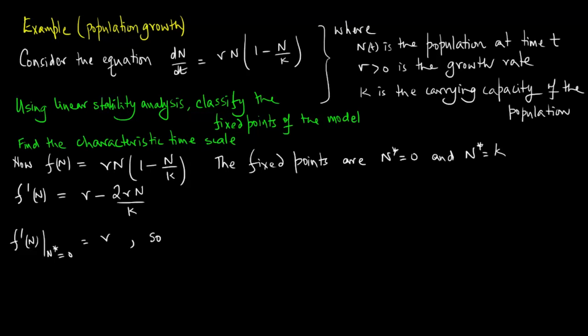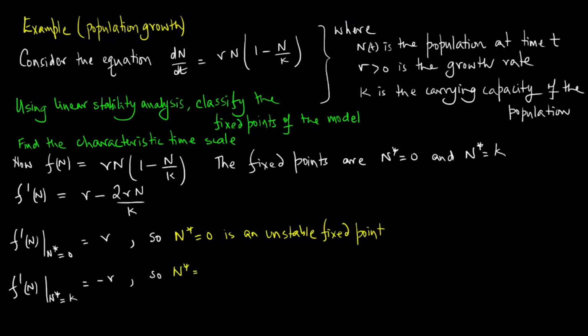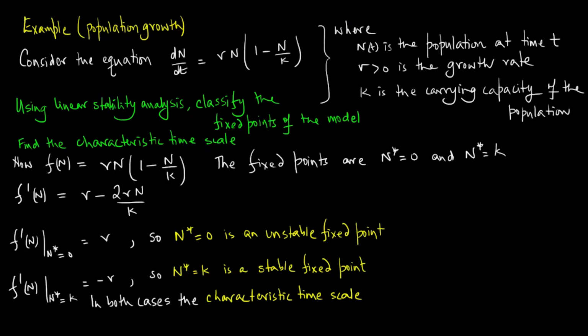So n star is equal to 0 is actually an unstable fixed point. And f prime of n evaluated at n star is equal to k is minus r. So n star is equal to k turns out to be a stable fixed point. In both of the above cases, the characteristic time scale turns out to be the same. So 1 upon the absolute value of f prime of n star is equal to 1 upon r for both